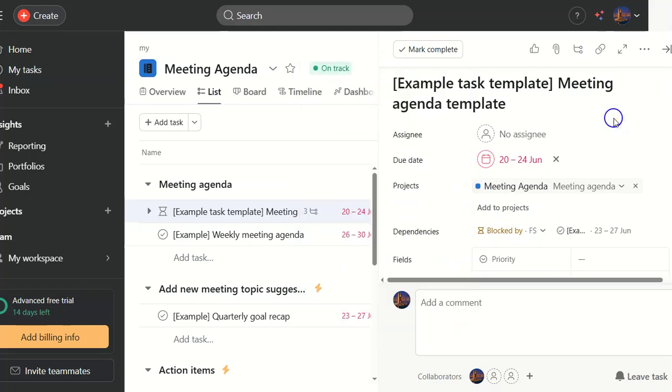And that's it. With these steps, you're now equipped to set up project dependencies on Asana Timeline, keeping your projects